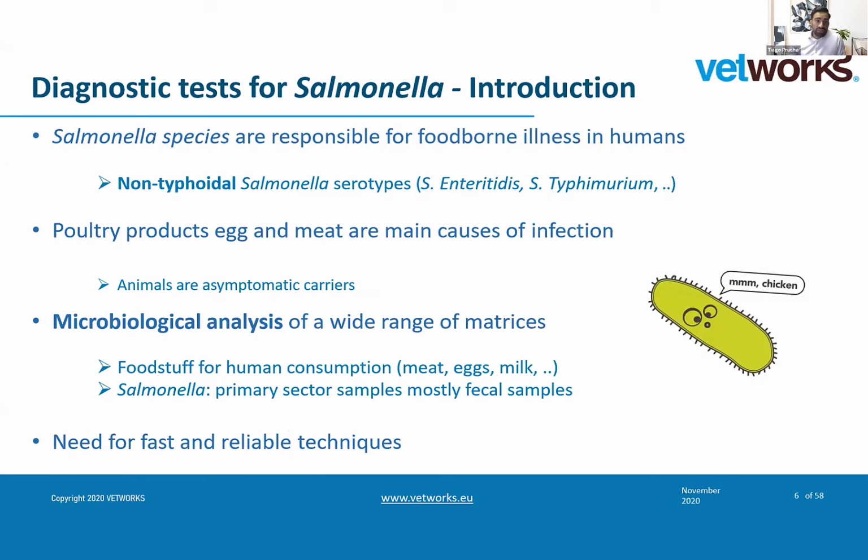So like I mentioned, Salmonella species are responsible for foodborne illnesses in humans, mostly Enteritidis and Typhimurium. Poultry products like egg and meats are the main cause of infection. And here the important part is really that animals are asymptomatic carriers of these strains, which, if we think about it, really doesn't help in the control, because we really don't know just by looking